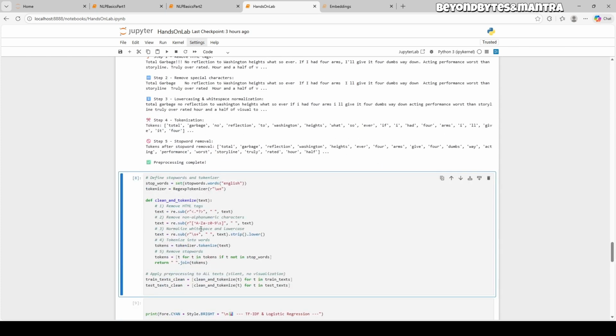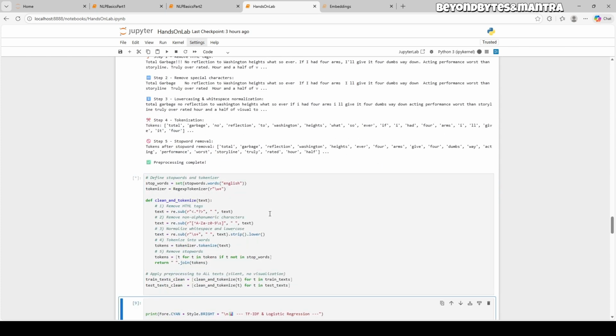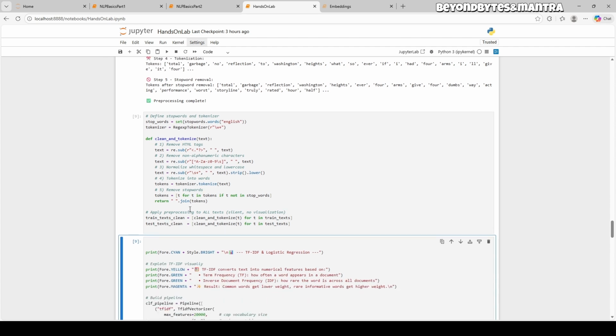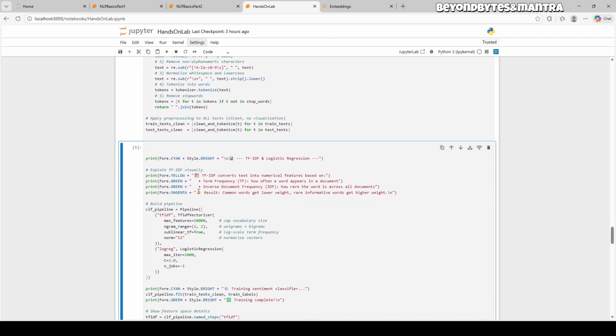Now what we'll do is run it for the entire data set. So our stop words are for English. For the tokenizer, we are using the regex tokenizer, and all of these words are being saved. They are already saved here. Now exactly what are we doing? In this pipeline,